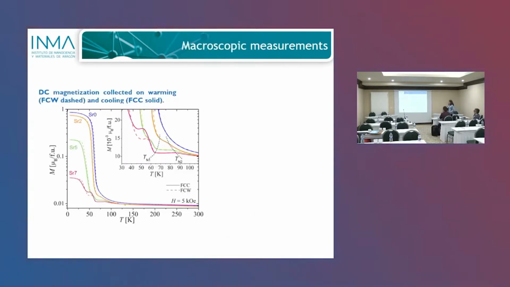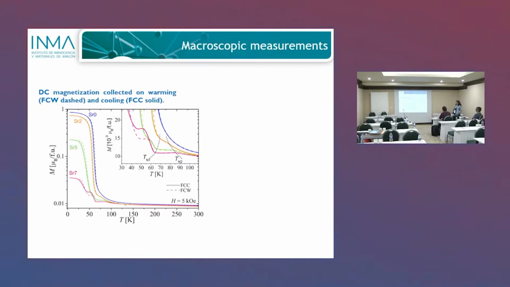The first characterization of the system was the magnetic measurements, and we immediately can see that the effect of adding strontium is quite impressive. There are a lot of things going on here when you start adding strontium. The parent compound has this typical ferrimagnetic type of behavior, but already for 2%, which is the orange curve, and 5 and 7%, you start decreasing. Here is a logarithmic scale in the magnetization. You start decreasing this magnetization, and also you start